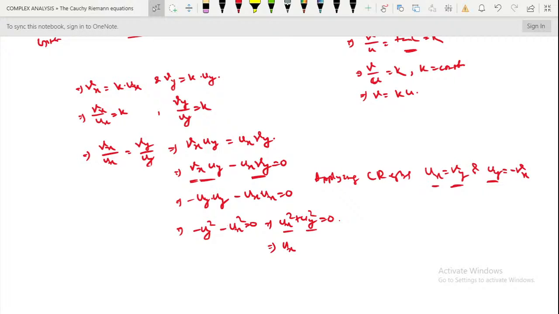You can write this as u of x comma y plus i times minus v of x comma y. So both these things are analytic in region D. So since f of z is analytic in region D, this implies you can say ux is equal to vy and uy is equal to minus vx. Again,